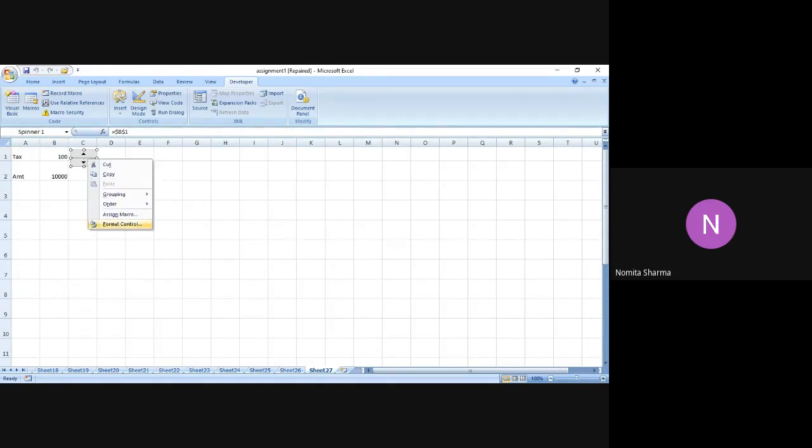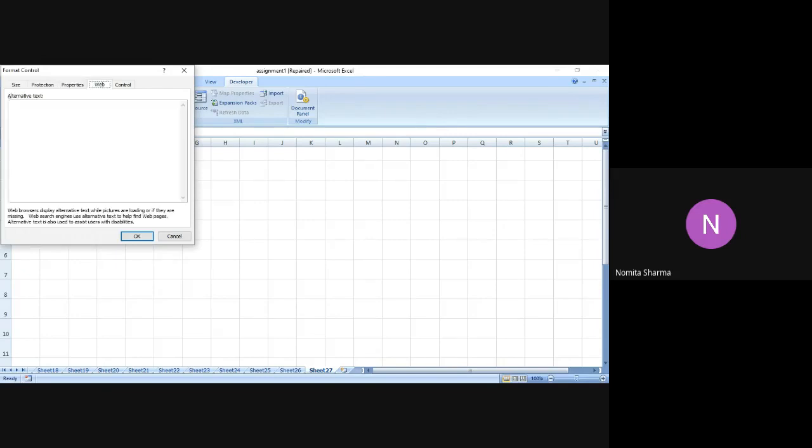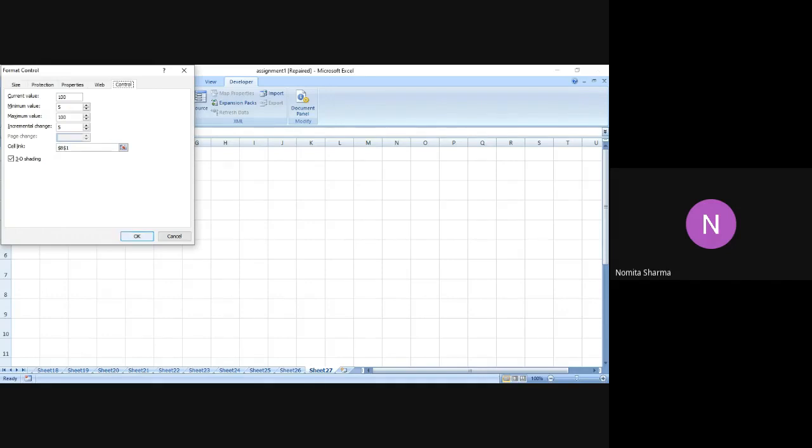If I click on that again, I can go to properties, I can go to protection, I can say move and size with cell, move but don't size with cell, don't move or size with the cell. So I have these options which I can use, but by default, the property is move and size with cell. Similarly, if I go to web, we have these options. Maybe we can work on that once we are done with this. We have the same option of form control which we got in the earlier case, right? So this is the thing which I wanted to tell.